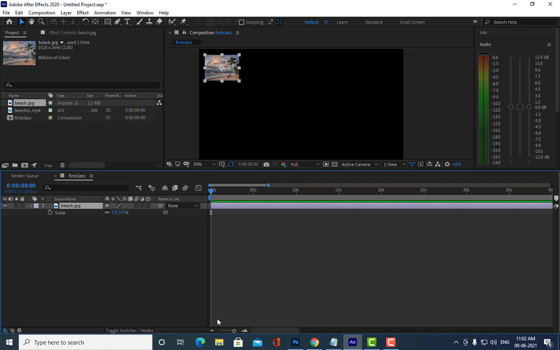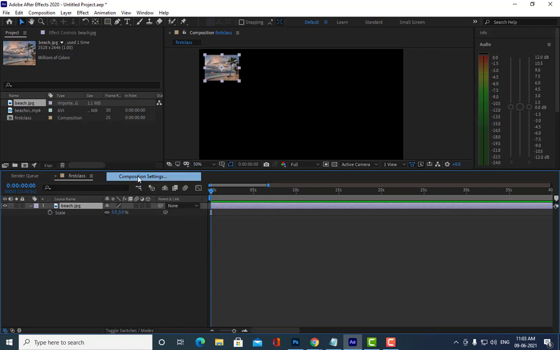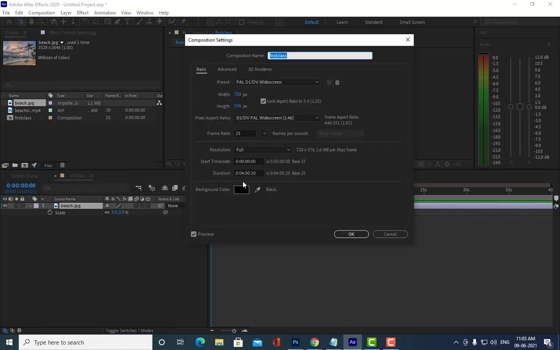So if you want to change the duration, what you have to do is come to this empty area, right click, and you can select the composition settings. Are you all able to understand here? Yes, sir. Composition settings, and what I will do is change the duration here.